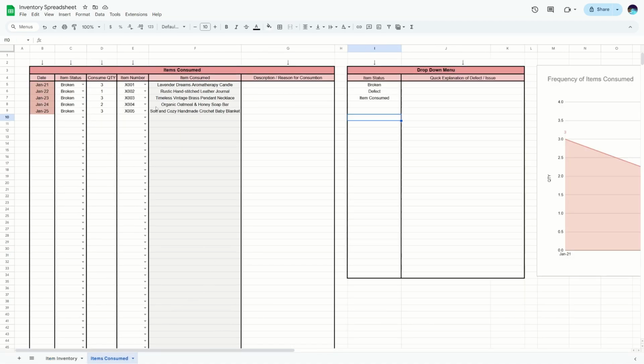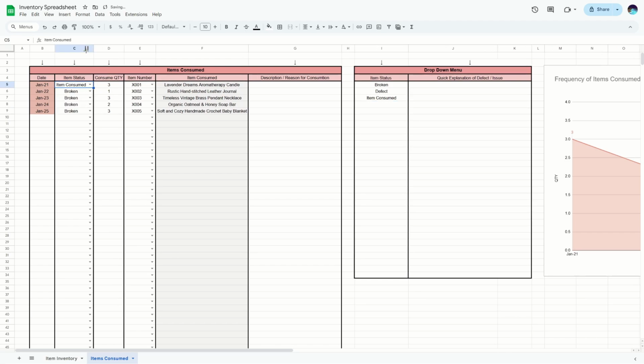Next, we get to showcase the items that have been consumed. You can insert your date here. January 21st, let's just change that. I'll just say item consumed. So we used up 3 of our candles. This is the item number, and this item number is attributed to the Lavender Dreams. I'm not even going to try and pronounce that candle. And then yeah, used